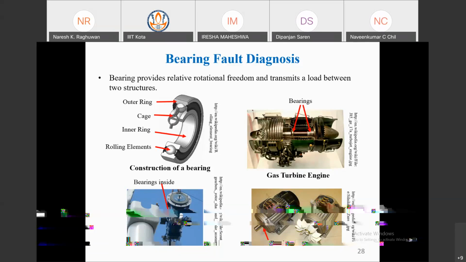You can see in the gas turbine, these are some bearings, the red arrows showing. This is not a small turbine, it's a very big turbine. So these are forces under dynamic, rotating conditions, so some loads are also there, and the bearing is very small. But you will decide at what load what type of bearing is used: a ball bearing or a journal bearing.